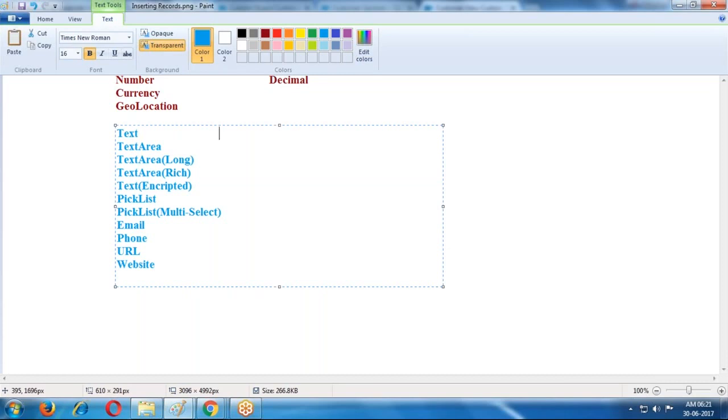For all these fields it takes the string data type. What data type? The string data type it is using.